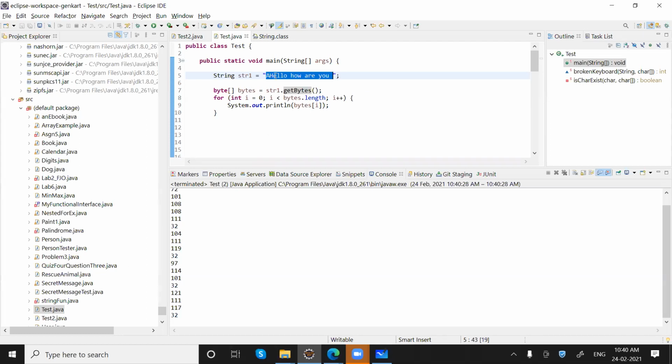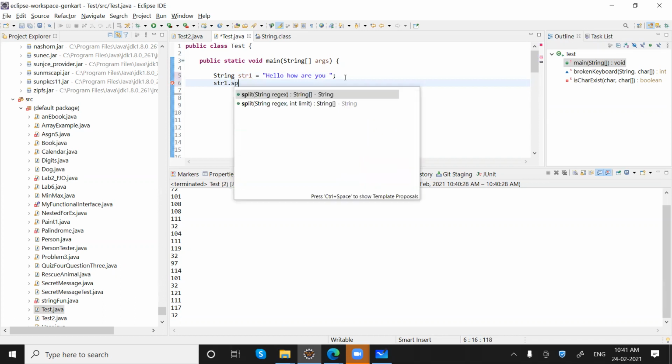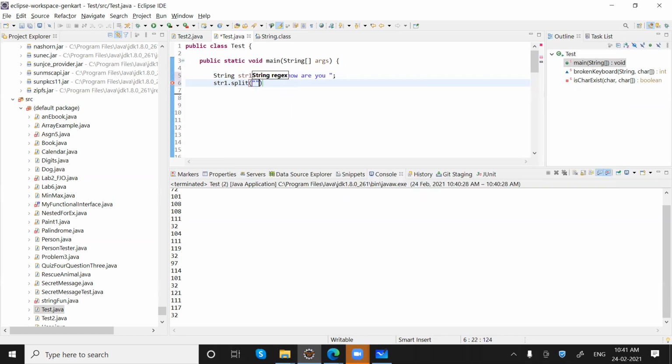Okay, one more thing, guys, that we haven't discussed yesterday. Let me just do that here. So we have "hello, how are you" in our string, and if I say str1 dot split, and I'm saying split it with a space, it will give us an array of strings, right?